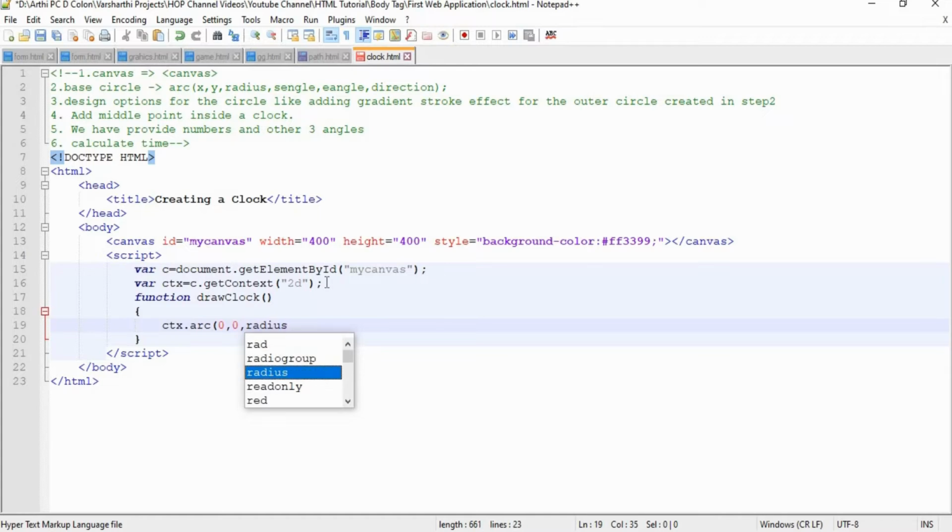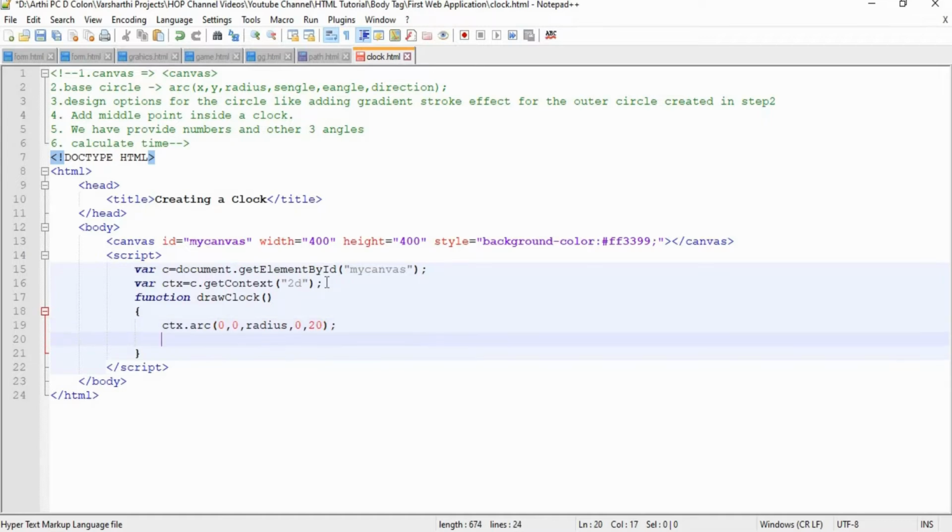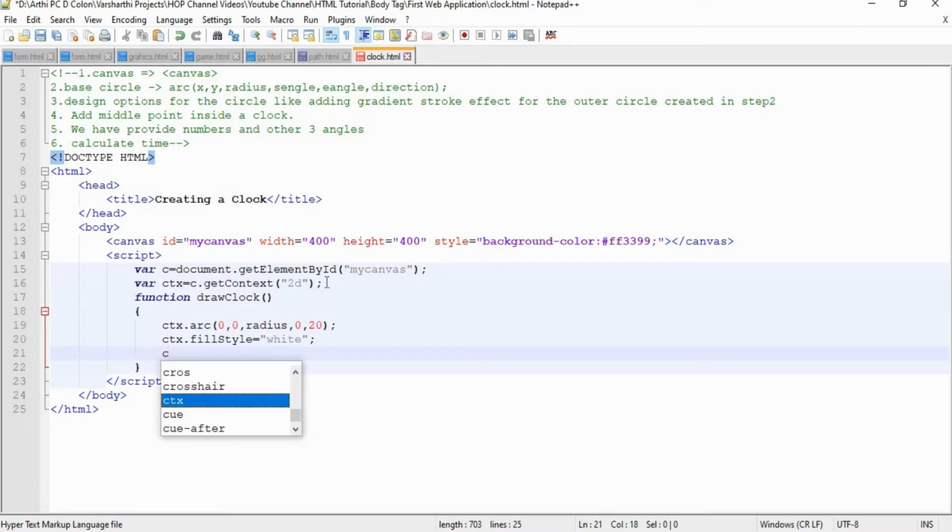So we will calculate the radius. After that the starting and ending angle. I don't want to specify any direction here, so I have skipped the last parameter. And ctx.fillStyle, just provide any color for your circle, and we have called it.